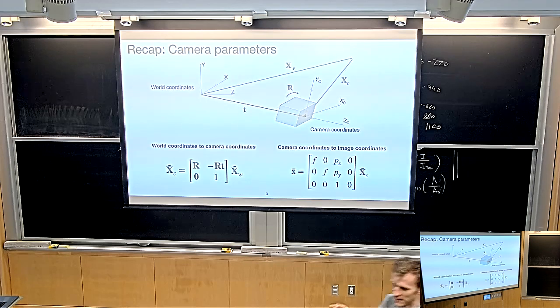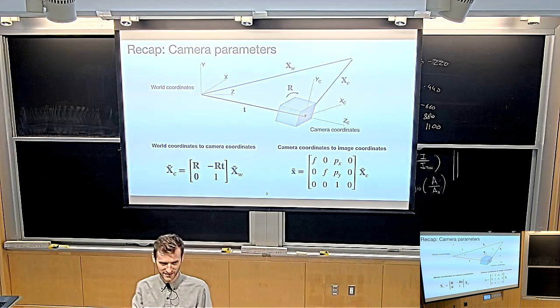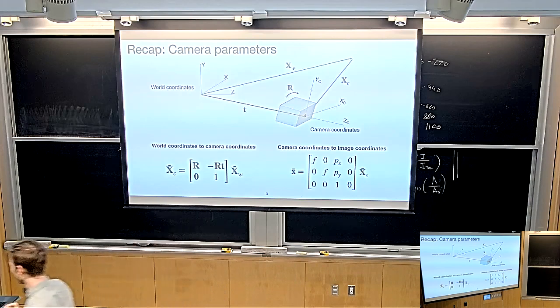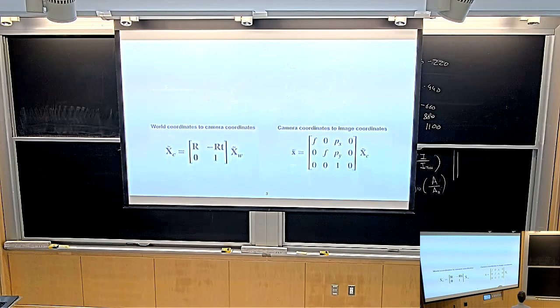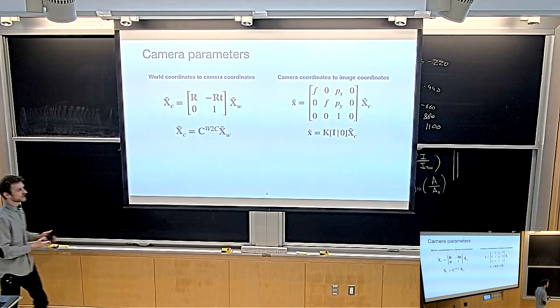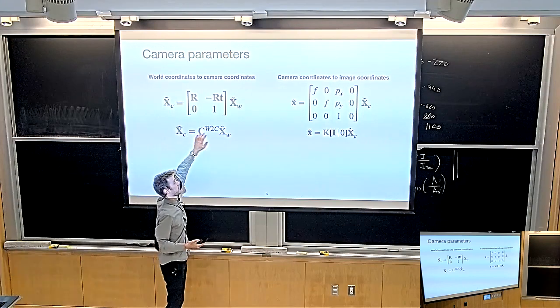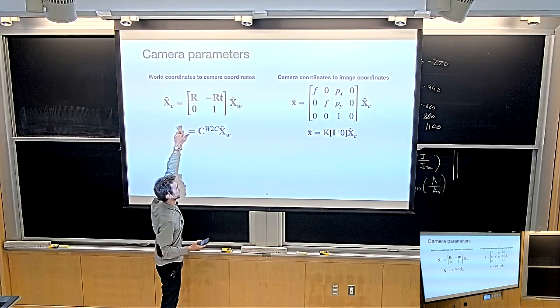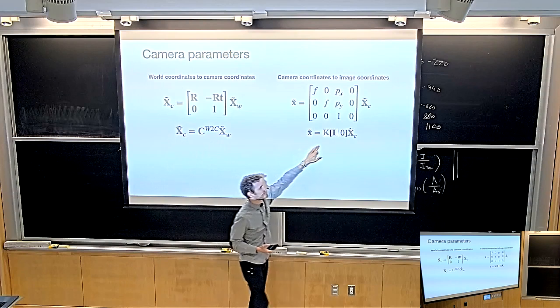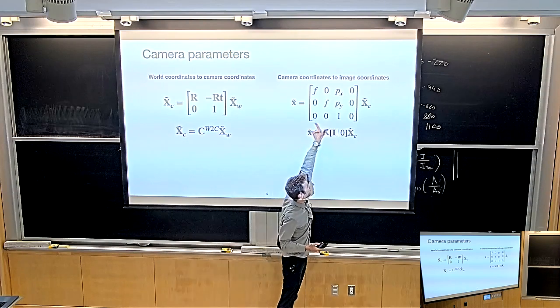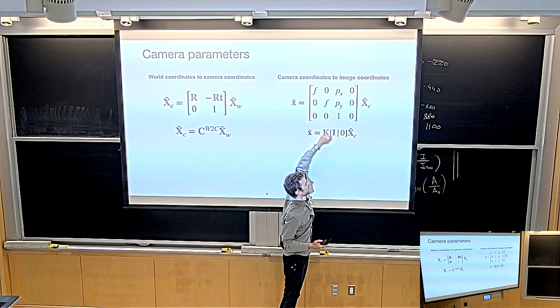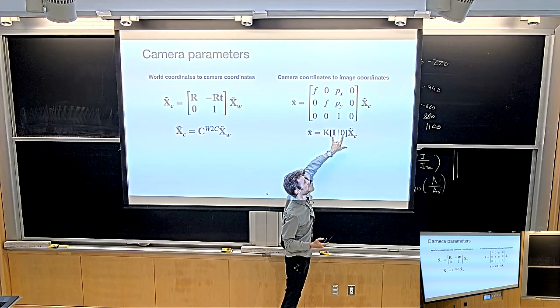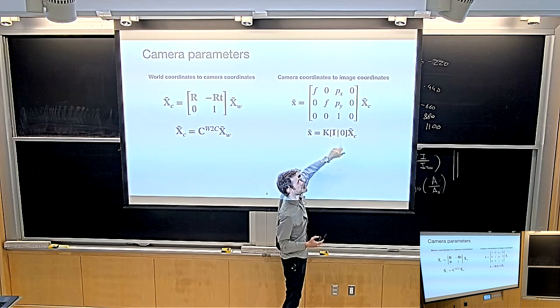Were there any questions on that exciting topic? No, excellent. Great, then we're moving on. This was called the world to cam matrix, world to camera coordinates. This was called the intrinsics matrix K. Actually, this 3x3 subsection of the matrix is called the intrinsics matrix, and then we have this awkward little operator here that takes it from a 3x4 matrix to a 3x3 matrix, right?